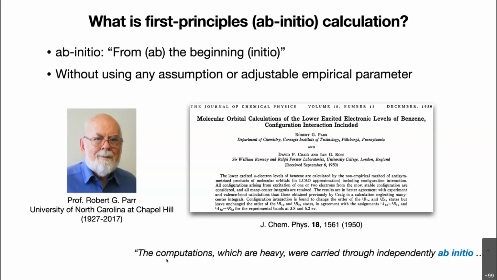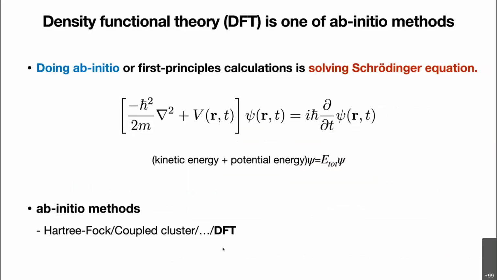So he first used ab initio. As I mentioned earlier, density functional theory, which we normally call DFT, is one of the ab initio methods. So doing ab initio or first principles calculation is just solving a fundamental equation here,